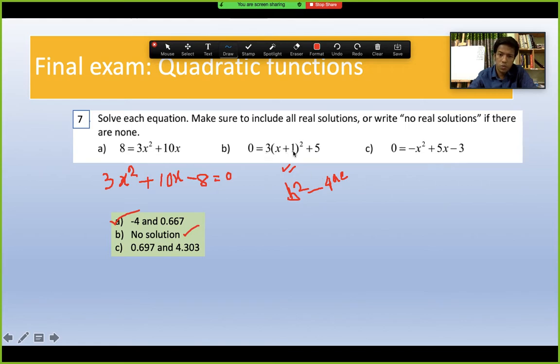Is it 3? Is it 1? Or what is the value of a here? First we have to break it down. First we have to use the (a plus b) whole square formula. Then we will get the abc value. For c number,